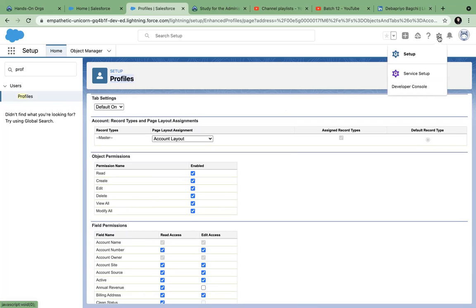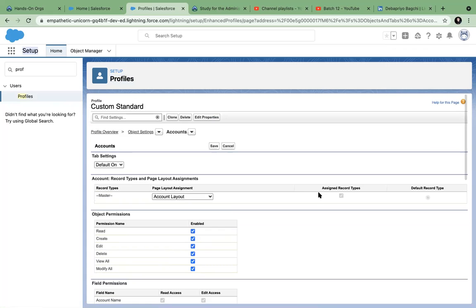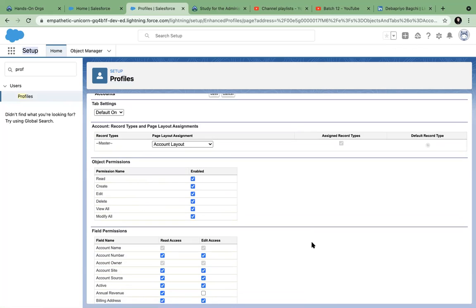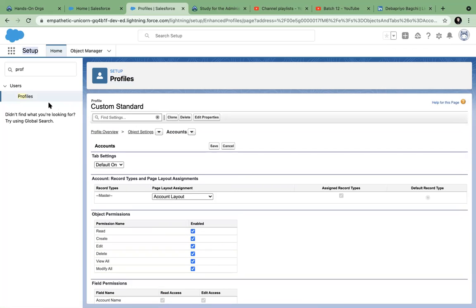Please remember, you are doing this inside setup, right? Setup is not available for anybody except system administrators. A common user cannot go to setup. Business users cannot use setup. Okay. So we can change our permission accordingly? Yes, a system administrator can change permissions for himself and others also. Okay. But other people cannot change permissions because they don't have access to setup itself.